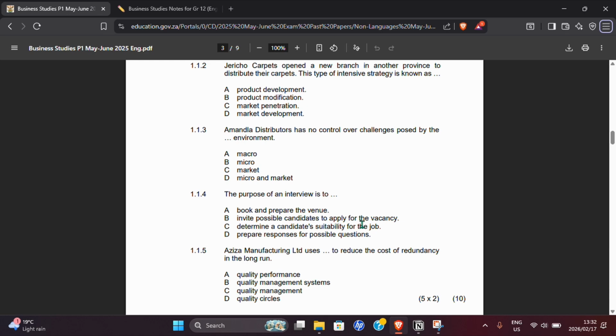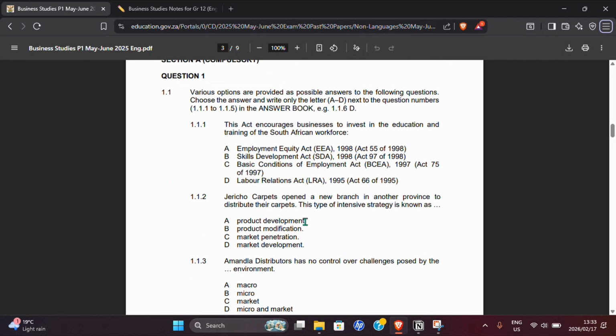I'm not saying that the ones that appear once will not appear, but they have a significantly less chance of appearing in the next test. This is how I would focus on each chapter so that I do not study as much, but at the same time my marks still keep getting better, and I spend less time studying. So this is what I would do.